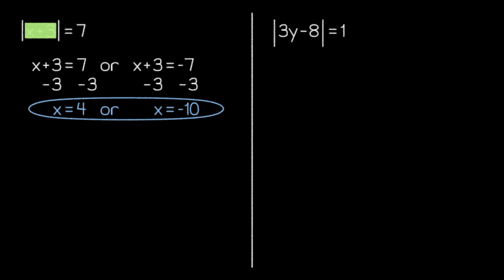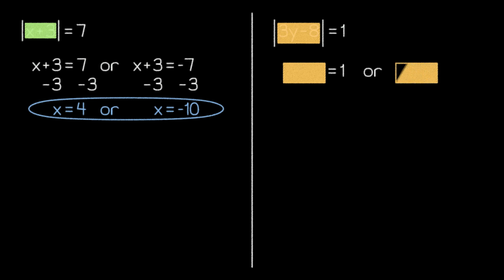In this problem, we're going to start by boxing right away. We'll box everything that's inside the absolute value to see that the absolute value of the box is equal to 1. This means that the box can either be 1 or negative 1. So let's write out those two equations. Then, we'll replace those boxes with the expressions that they represent. This gives us two equations to solve.